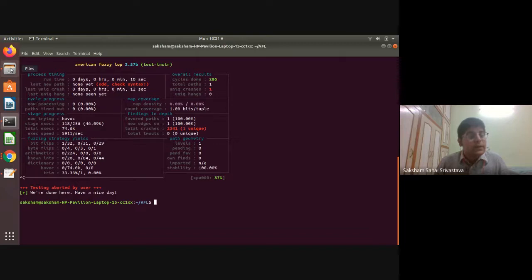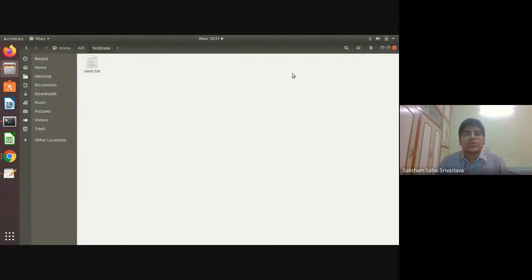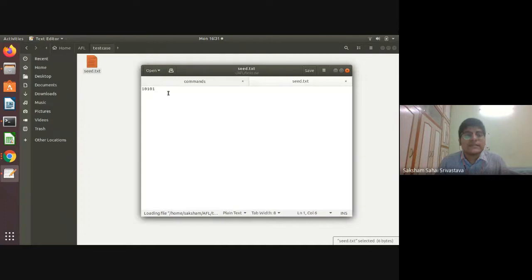Then the next program. The next program is trial1.c. Okay, so before doing this, I'll go to the test case again and change the seed. The first one was 2 and the second one was 95. So this was the thing I was saying, that if you have two variables, you have to give them on different lines. Okay, so 2 and then 95. Save the file.